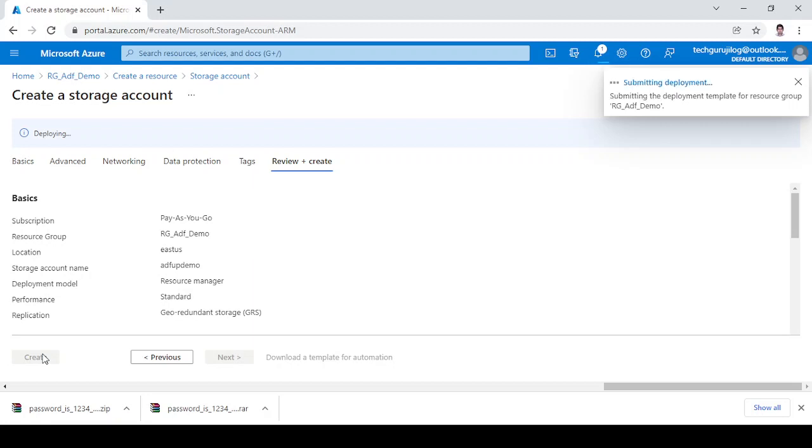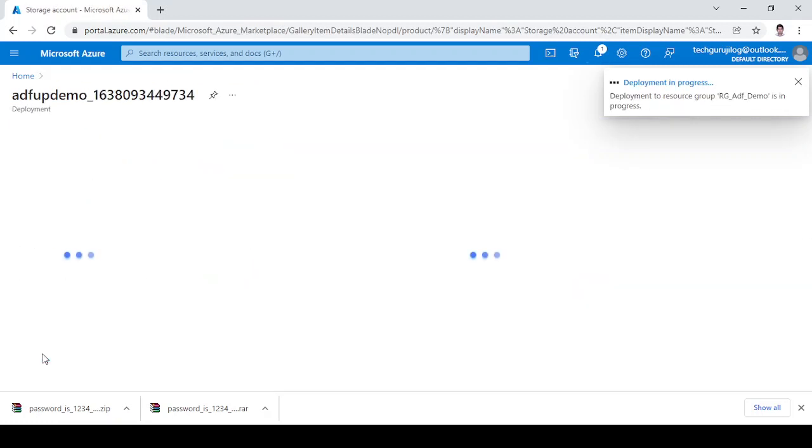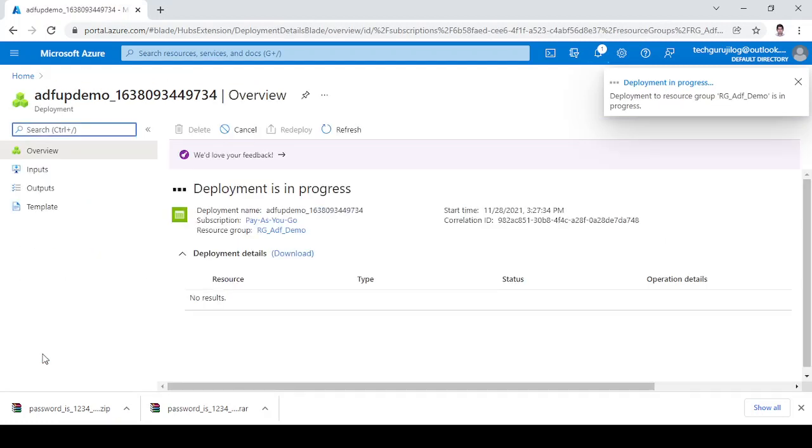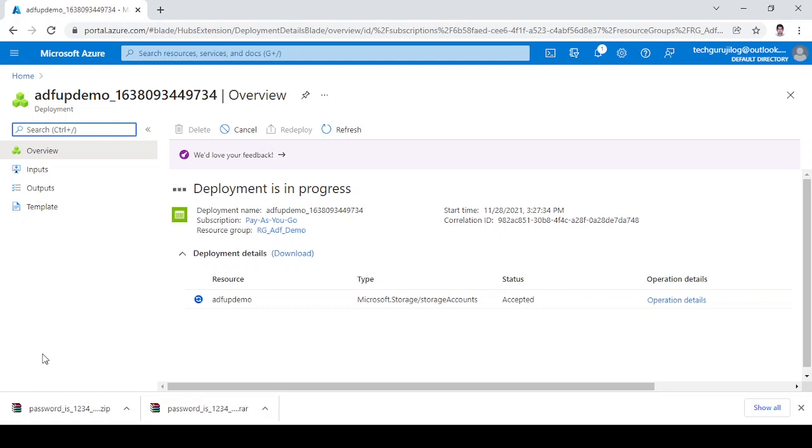Meanwhile, I'll talk about something in the background. Storage accounts are very important because they are helpful for storing data. Storing files, storing a lot of information that we have. There are four different types. You can create a container there, you can create a table there, you can store any type of data there.